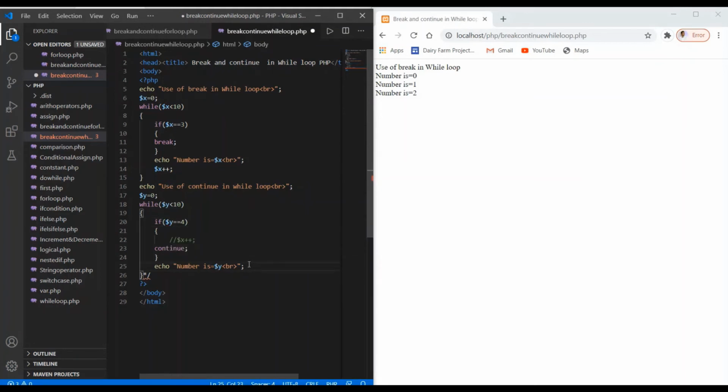Every time it will display the value of y, and I have to increment it by 1. My purpose here is again to display the values from 0 to 9. But if the value of y becomes equal to 4, I just wanted to continue from there. I just wanted to skip 4. So in order to see the results, save your changes here and refresh it.